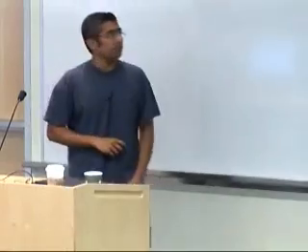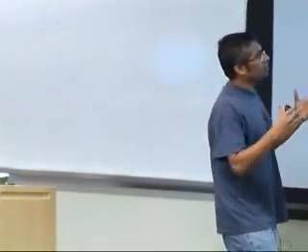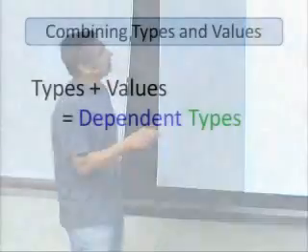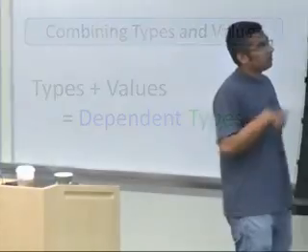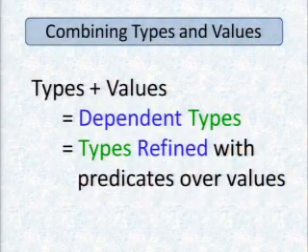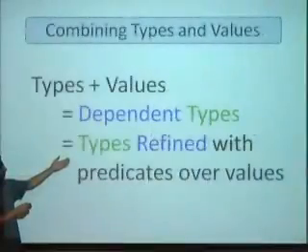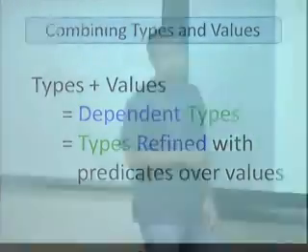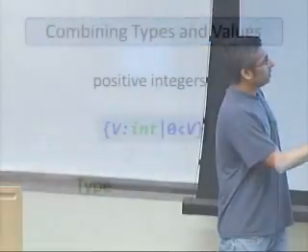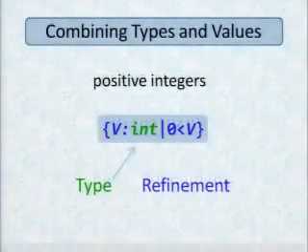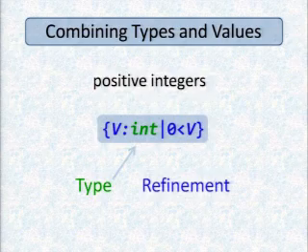of how one combines types and values to get things that are kind of like type state. So the more general way that one describes this combination of types and values is what is called dependent types. Or there's another name for it, which is types that are refined with predicates over values. So type state would be an example where this refinement would correspond to the state that you want to capture. So let's look at some examples. One we've already seen, positive integers. The green bits are the type, and the blue parts are the refinement. It's a positive integer, very simple.